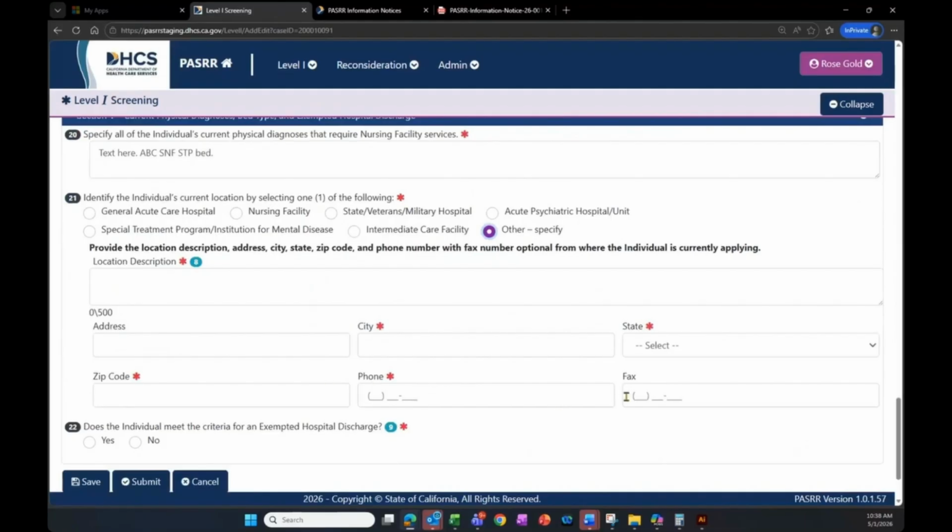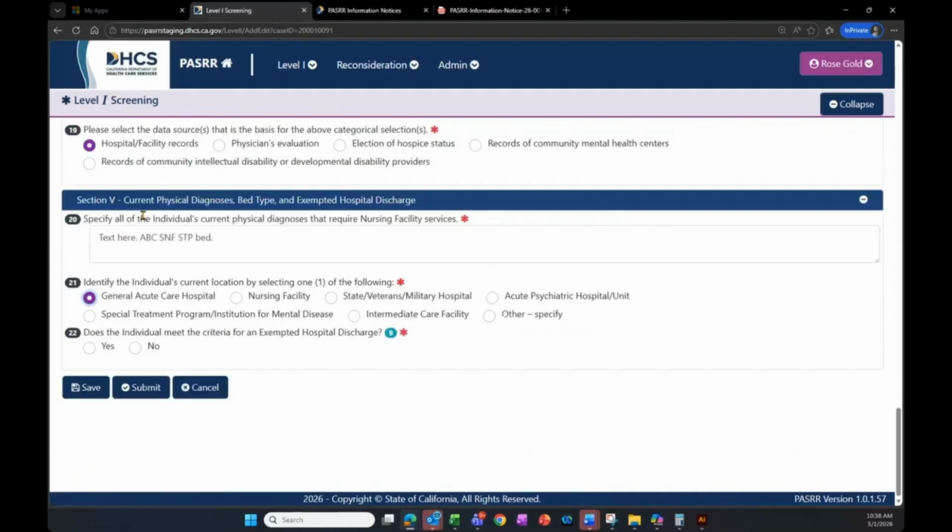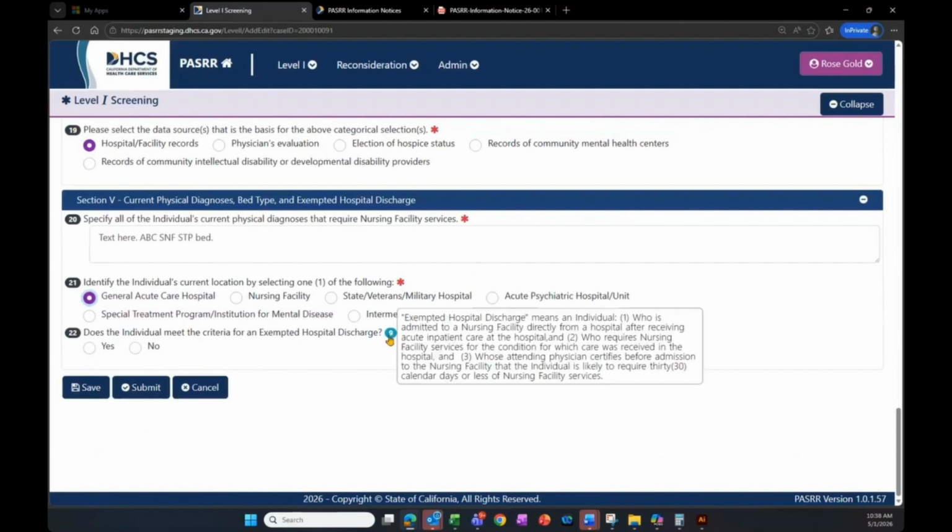Select yes or no for the following questions. Question 22. Does the individual meet the criteria for exempt hospital discharge, EHD? The hospital may select yes only if all of the following criteria apply. The individual is directly admitted to the Medicaid Certified Skilled Nursing Facility, SNF, from a hospital after receiving acute inpatient care at the hospital, and the individual requires SNF services for the same condition for which they received care in